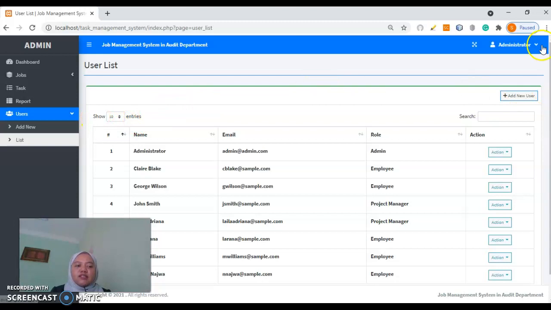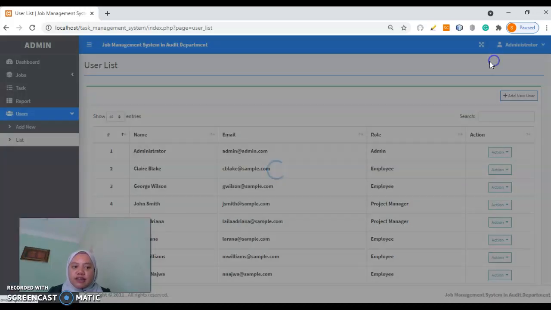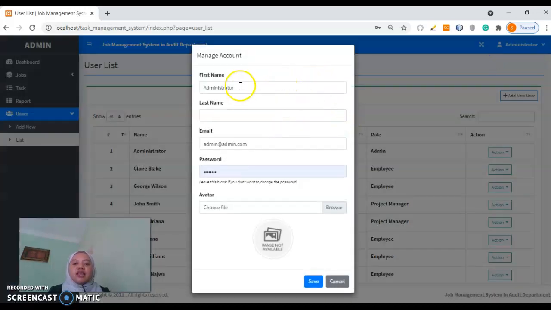So that's all on how the admin function can be used. Oh, besides that, admin also can manage their account. They can change or update these features, which are applicable to all users, either the project manager or the employee itself, the associates.